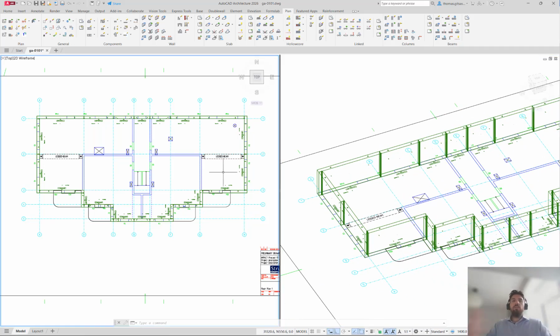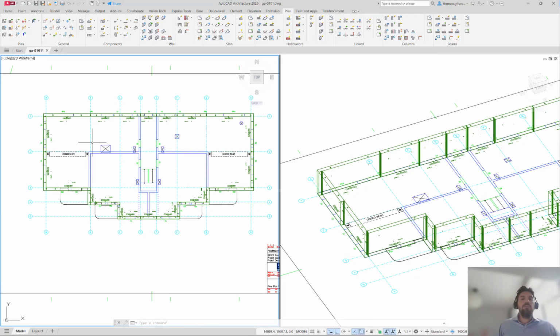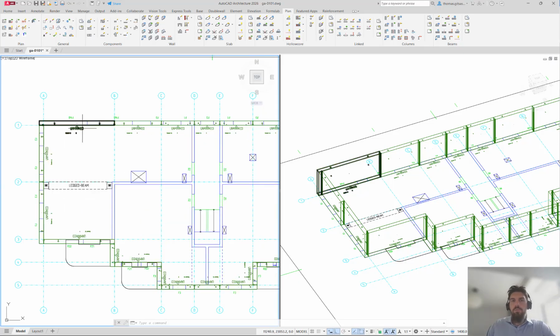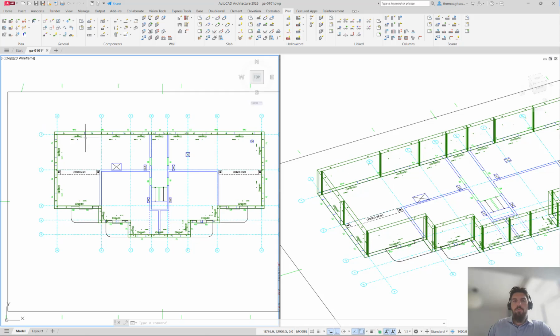Of course, this is something that you can create with your own software, right? You can create lines and polylines, and this is fair game. If you have your own database, you can also do all these things. So this doesn't cover how we create the walls. Every software, every person has their own way of creating it. Of course, I personally believe that this is a great way of working, and it has been proven that it saves a lot of time when it comes to detailing a lot of